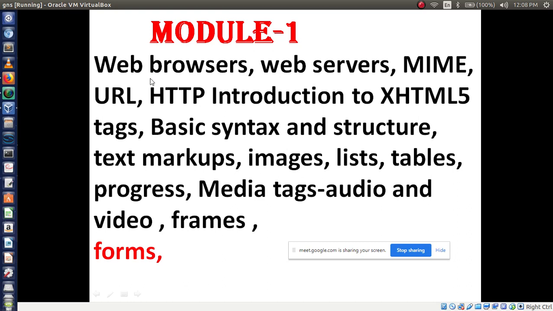We have studied these concepts, but I have left the form tag. Today I am going to discuss this form tag. Okay, so this is the syllabus of your first module, web technology. Is that clear, everyone?